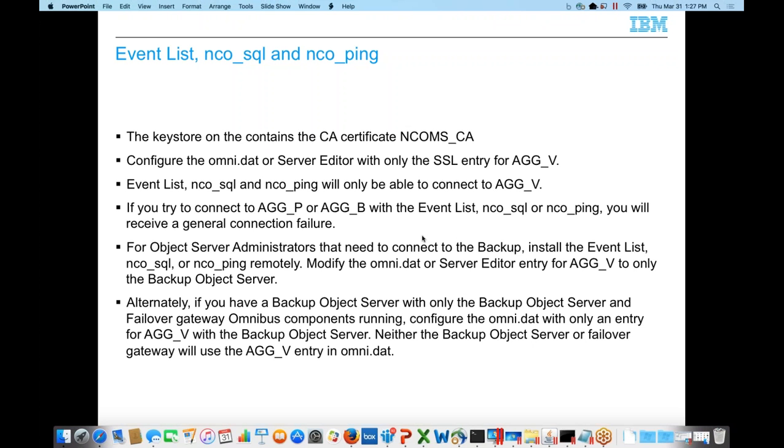For most of the OMNIbus users and operators, they will usually connect to the virtual aggregate object server anyway, so this isn't an issue. But it does come up as an issue if you're the object server administrator and you need to do some administrative tasks on the backup object server, and you can no longer connect to it directly with your event list or NCO SQL. So there's two ways that you can do this. You can either